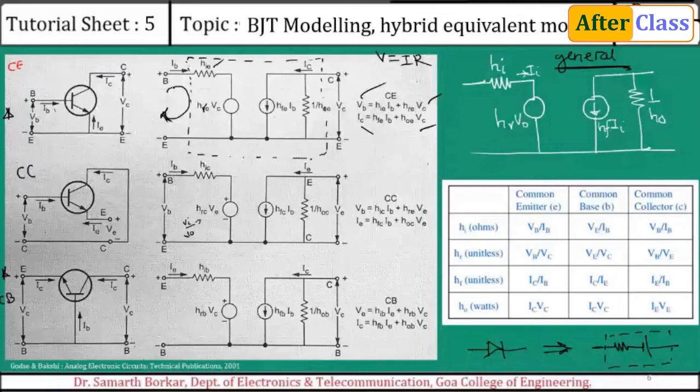Fine. So this is the KVL, the voltages, and from this section I'm applying the current component. The total current IC will get divided between these two parts. There is a current division here, na? So this is the current generator, and here H naught E into VC will give the current passing through this resistor. This resistor is typically a very high value. So this current IC is as good as HFE into IB. So the entire current is going to pass through this network.